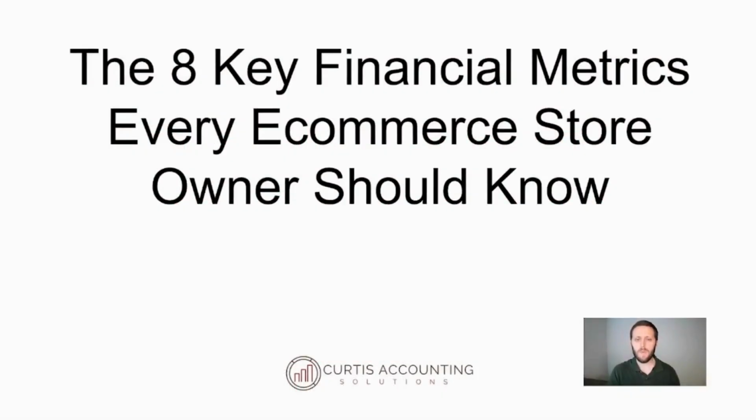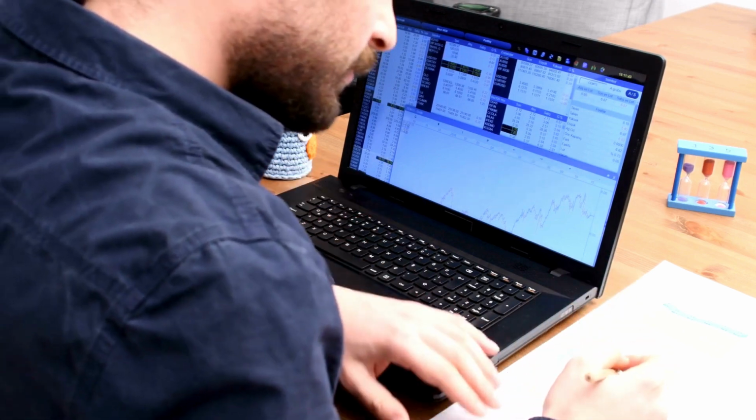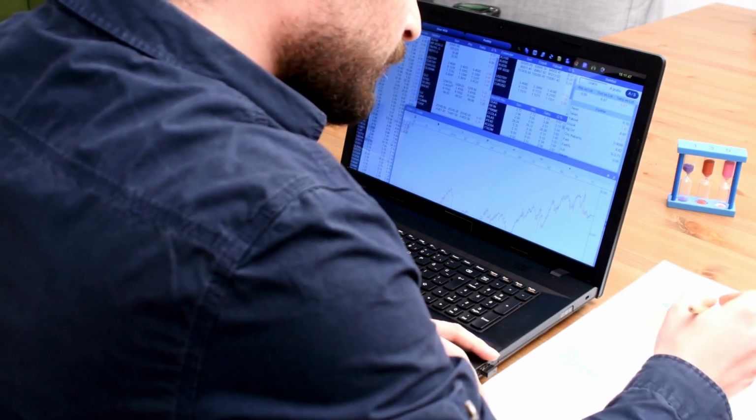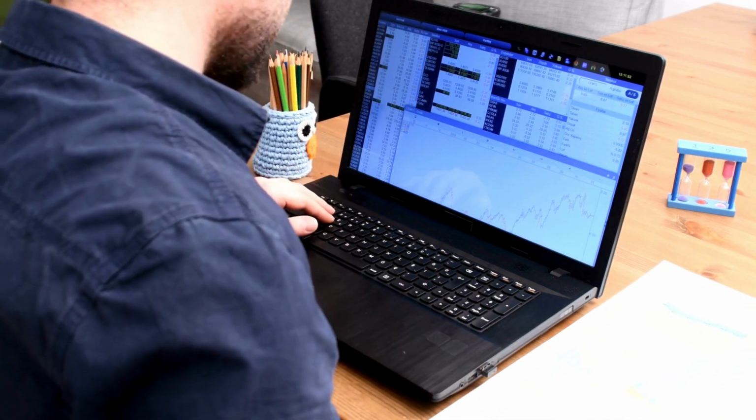In today's world of e-commerce, where every click counts and every conversation is important, understanding your financial metrics is like having a compass in a vast ocean. As an accountant specializing in e-commerce businesses, I've witnessed firsthand the transformative power of insightful financial analysis. Today, I'll navigate through the essential financial metrics every e-commerce store owner should know, empowering you to steer your business